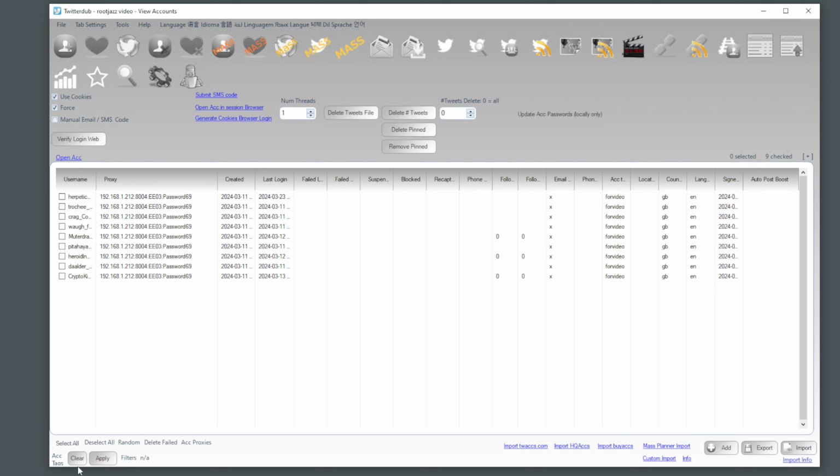It's one of the least used, well, underused parts of TwitterDub because people don't realize it's there. And what it is, if you're doing a lot of mass Twitter actions with mass accounts, having it all on one database is unmanageable because you just lose track of what you're doing. But B,